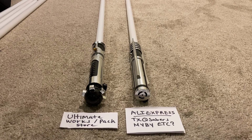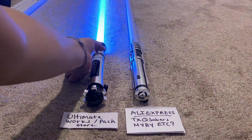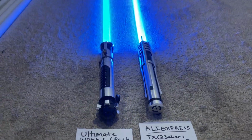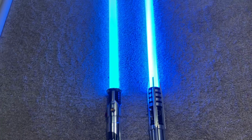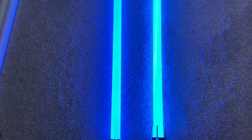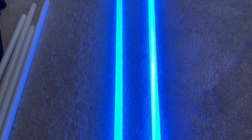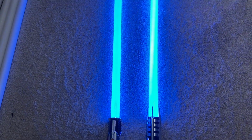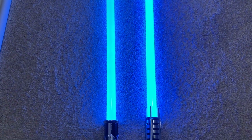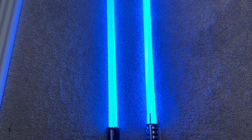All right, so now we have the Ultimate Works compared to the AliExpress. All right, so on the camera, same thing as before. The brightness isn't too much of a difference, but in person,